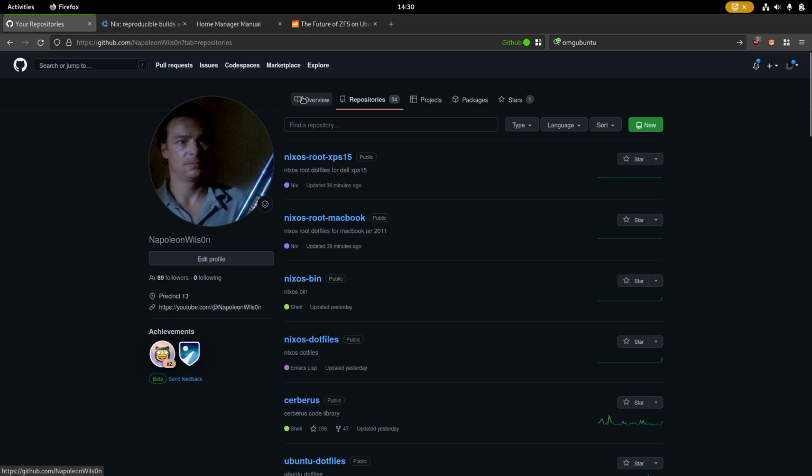So what I've got here is 4 repositories. I've set up NixOS and Home Manager on a 2011 MacBook Air with 4 gig of RAM, and also my Dell XPS 15, which I think is a 2019 model with an nvidia 1650 card. So what I'm going to do is go through the configuration for these and show you some of the things I came across,